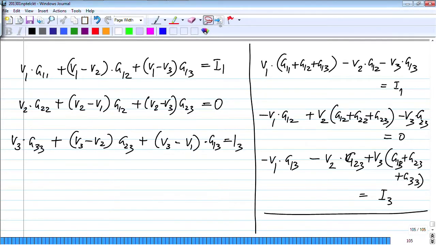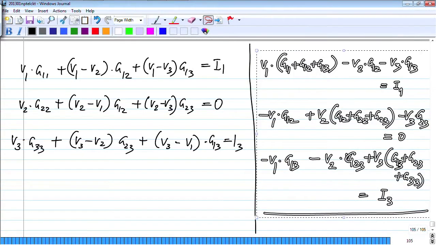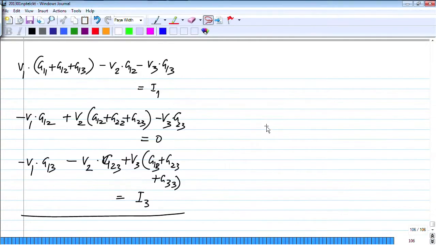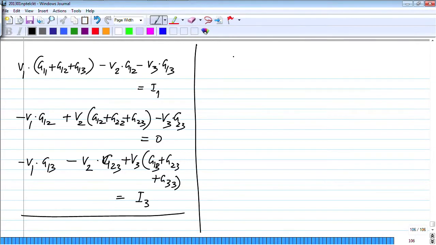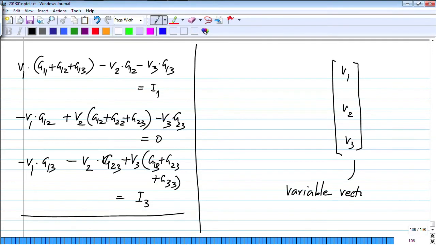Now, a very common way of writing out these equations, okay, is in the form of a matrix, and this is because it just looks neat. That's the main reason, right? And then on the computer we have methods of solving the matrix, solving the inverse of the matrix, and that's why we write it like that. So now the variables V1, V2, V3, I'll put it into a vector. Okay, and a vector is nothing but in this case a 3×1 matrix or a 3×1 vector. In general, if you have n nodes, you will have n minus 1 independent voltages. So n minus 1 times 1 vector. Okay,